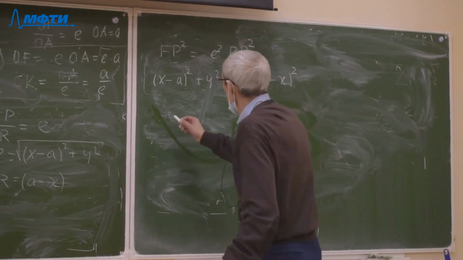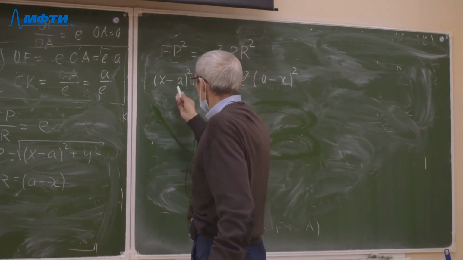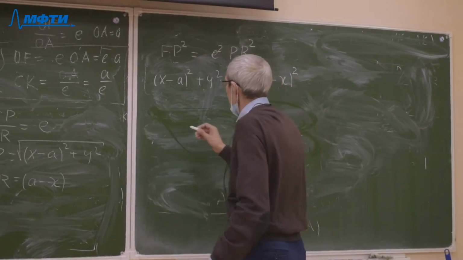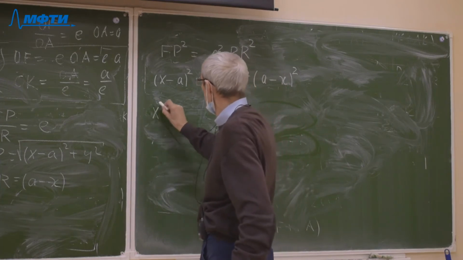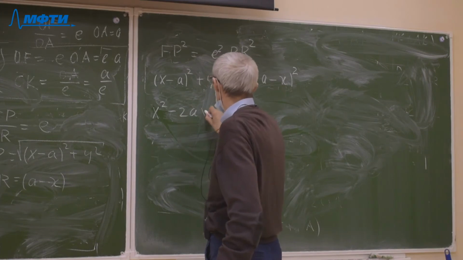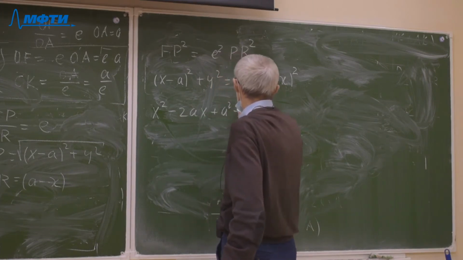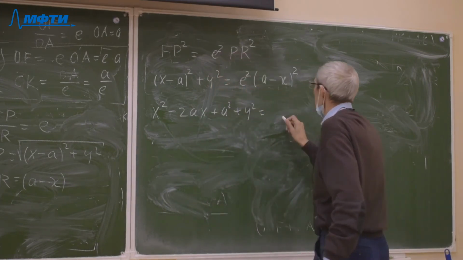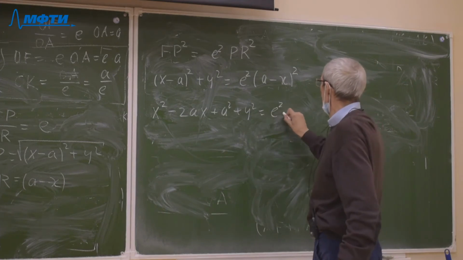After easy simplification, we obtain x square minus 2ax plus a square plus y square is equal to e square